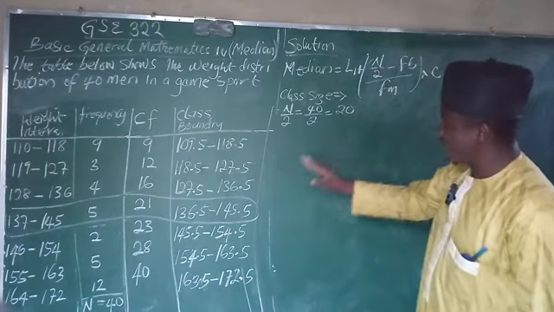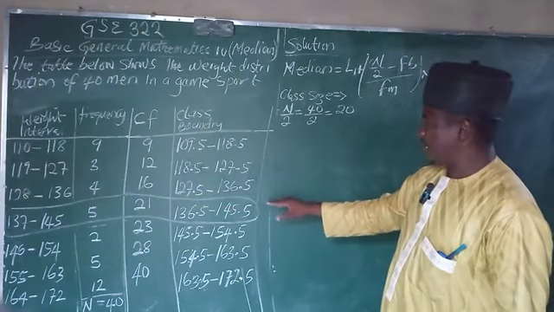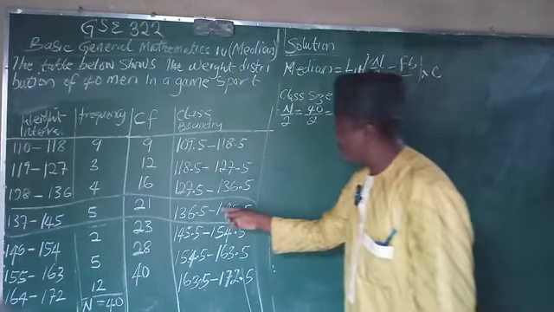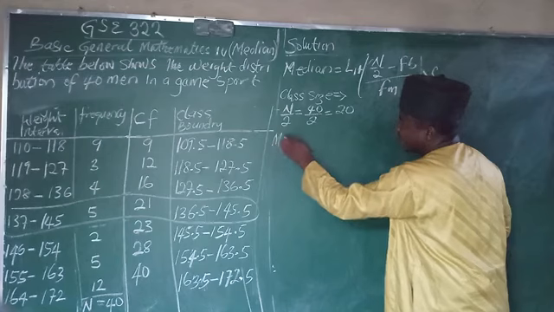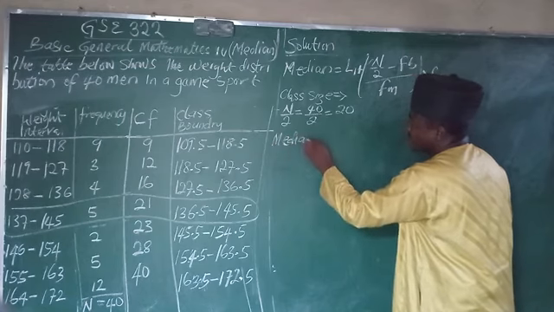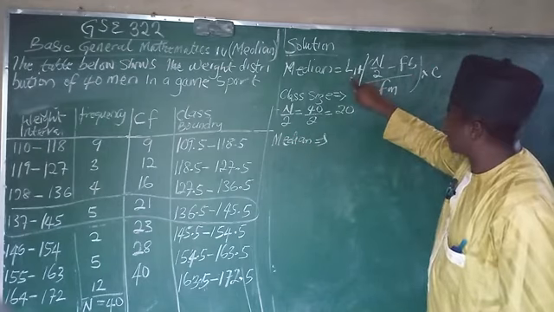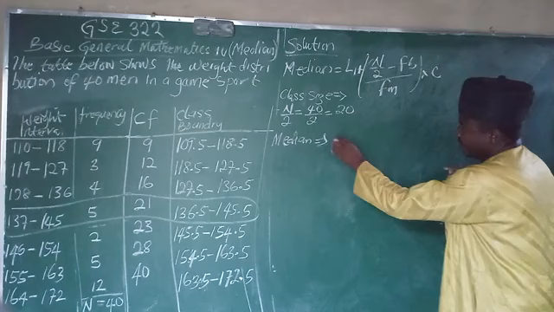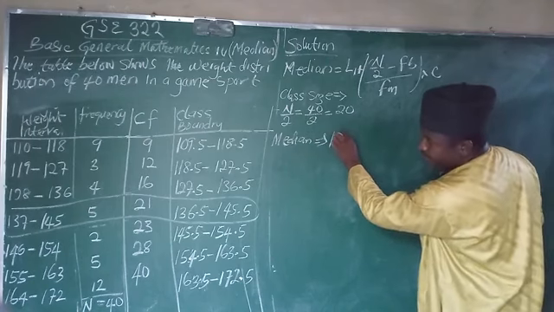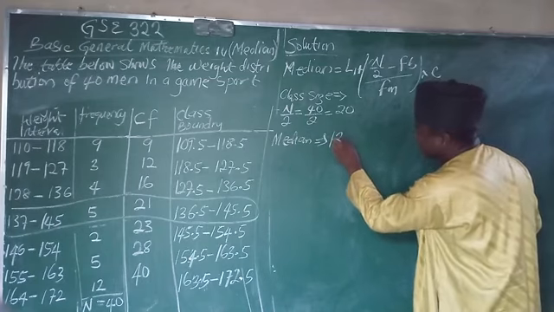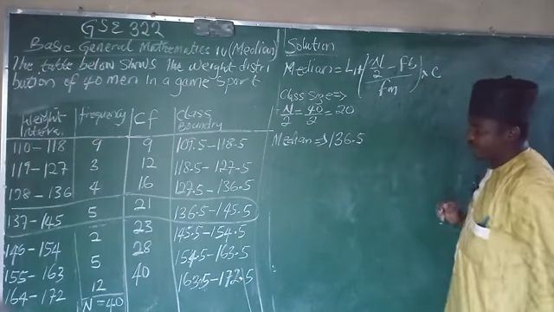So now, what next? Having identified our median class, the next step is substituting the values of the median class into the formula. Therefore, our median implies that the lower class boundary of the median class is 100, 136.5